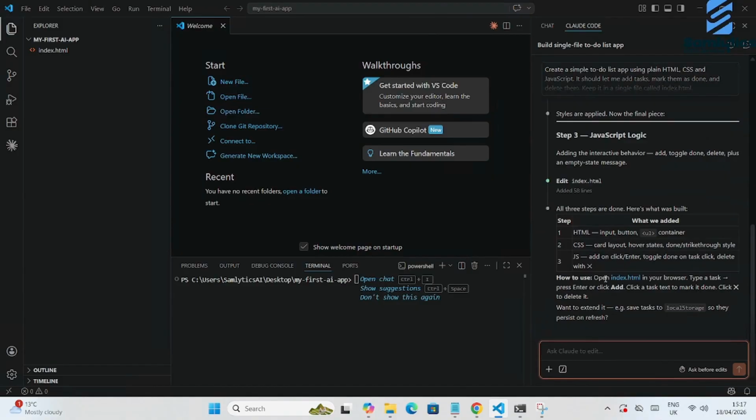Now, how to use? Can you see? It's telling you that you should open index.html in your browser, type the task and add. Click X to delete, and that's it. So instantly we can see within 2 to 3 minutes we have our first app, and you can open this. So if I just click it from here,